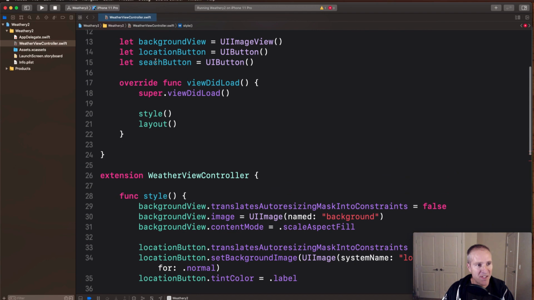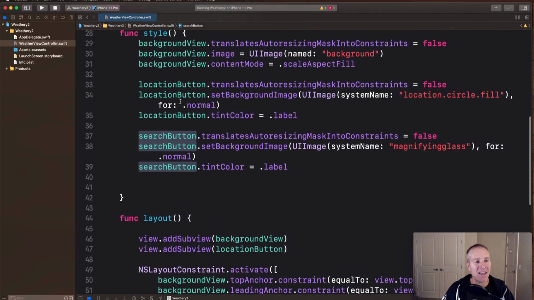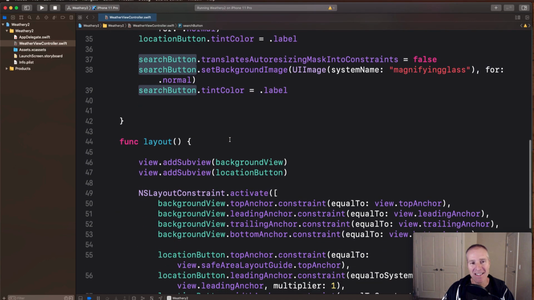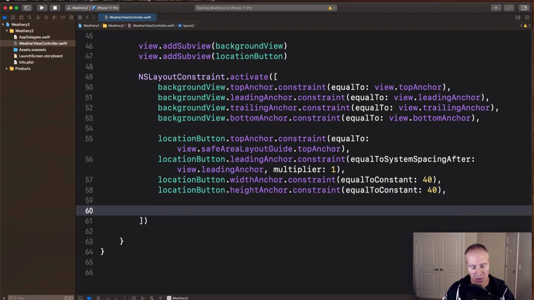Oh, I typed search button. I want that to be a search button. There we go. And now let's go down and let's actually lay this out. Just like we did before, it's going to be very similar, but let's just go through what we want